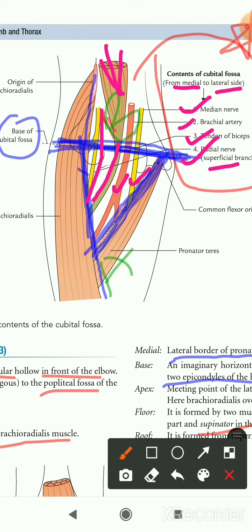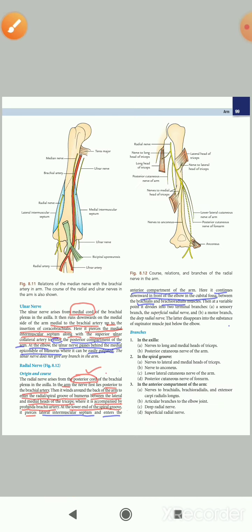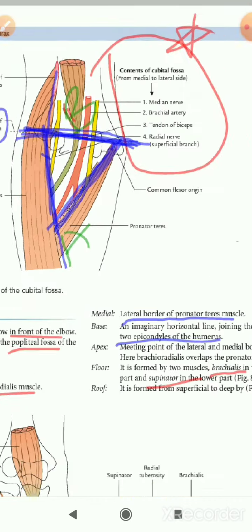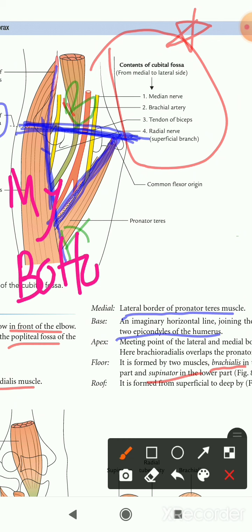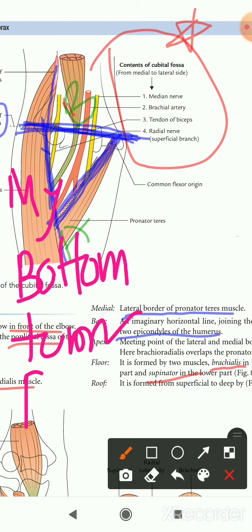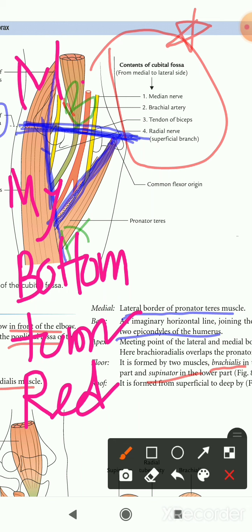So we can remember easily by a mnemonic. Okay, what is this mnemonic to remember the contents? This is: my bottom turn red. Okay, so from medial to lateral the structures are